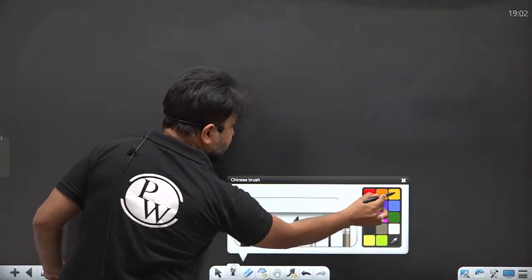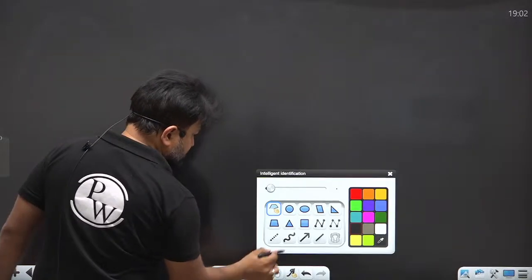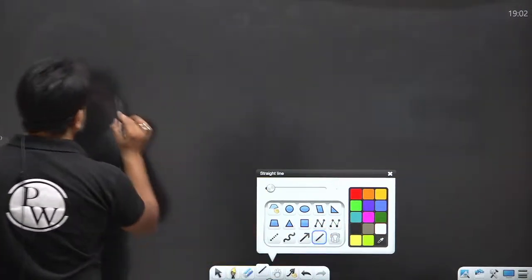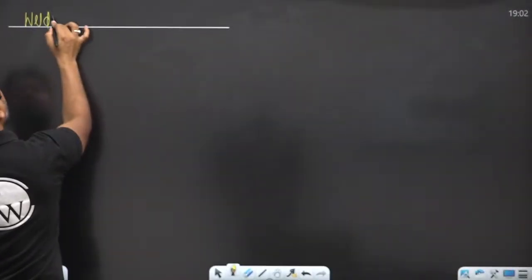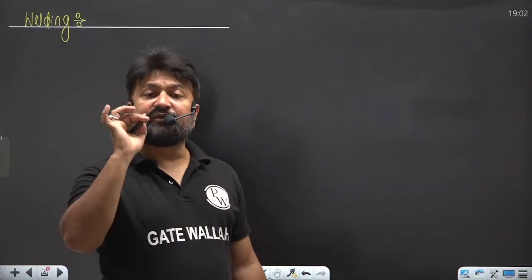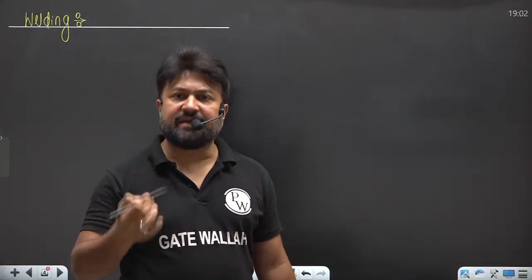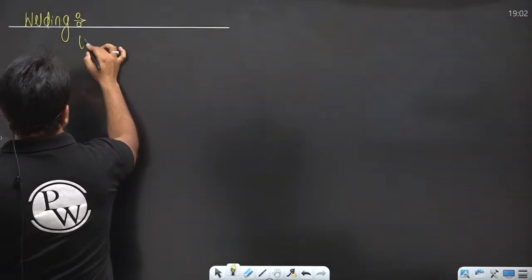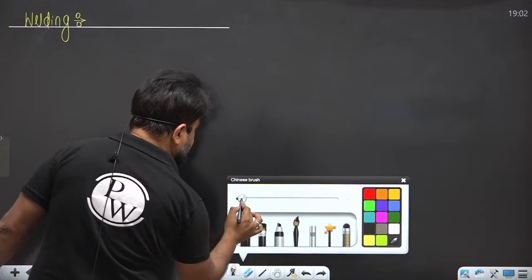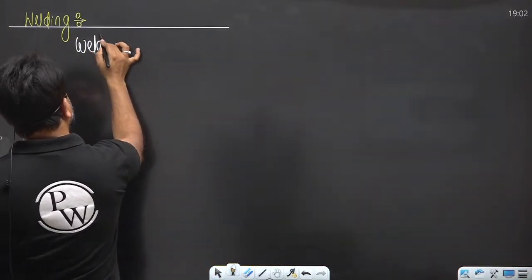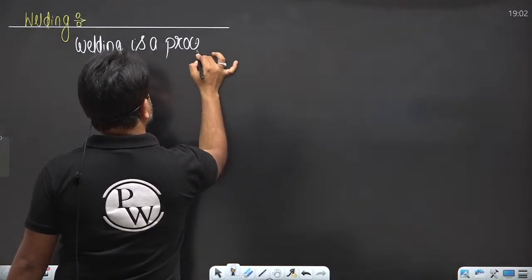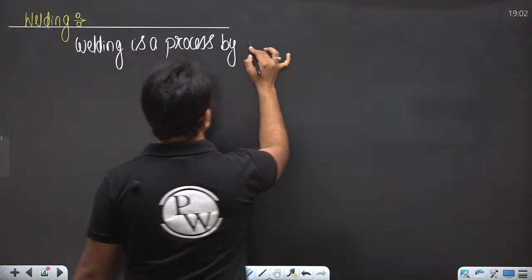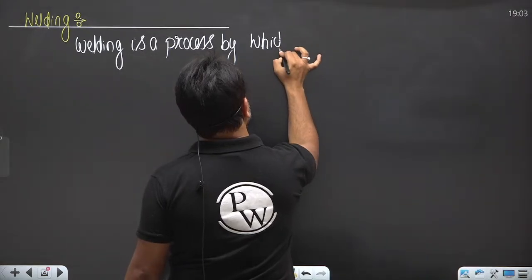Welding is a process, welding is what? Let me write down. So what is welding? The question is, what is welding? My dear, welding is a process by which two materials, right? Welding is a process by which two materials,